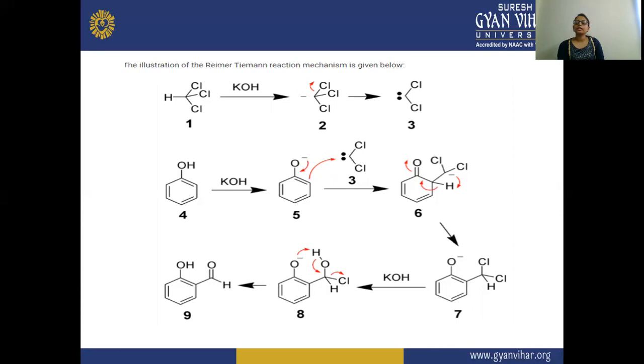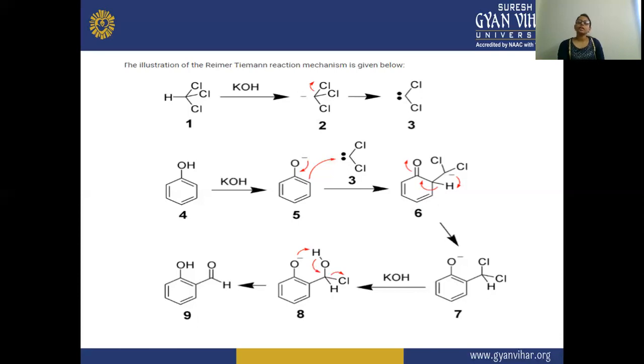That is why it gets attached to the carbon which has the chlorine. After that, in the presence of pure alkali solution, you can see the hydrogen is again attached to this oxygen that has the negative charge. So after that there is an OH. Here chlorine will be abstracted from here. This chlorine will be abstracted from here, and the OH molecule will attach to this carbon position, and there is a formation of OH molecule. This OH comes from this KOH.